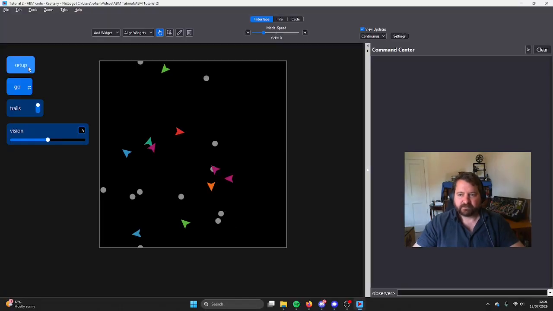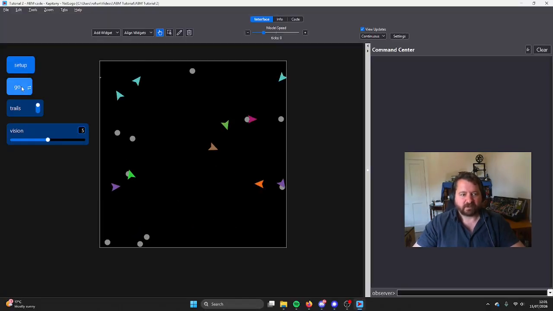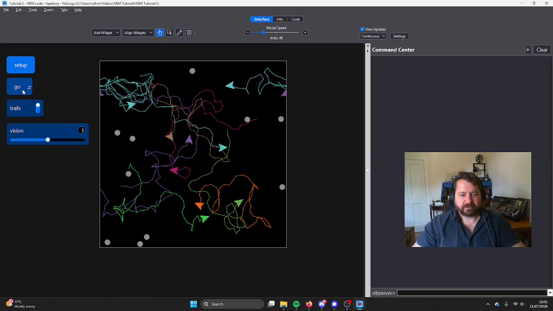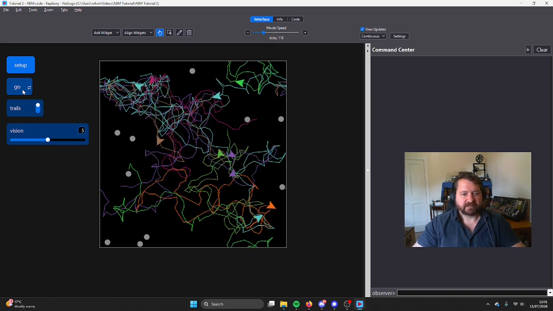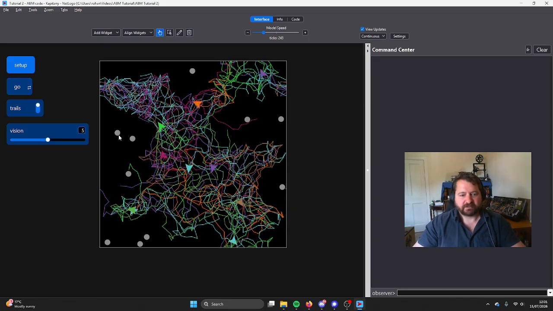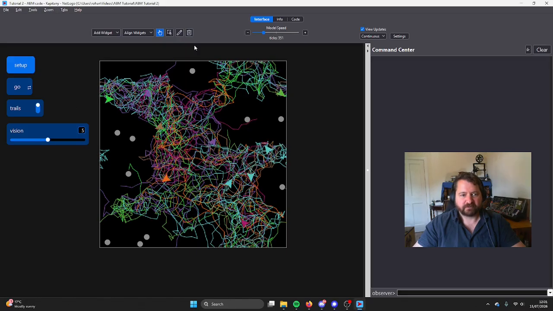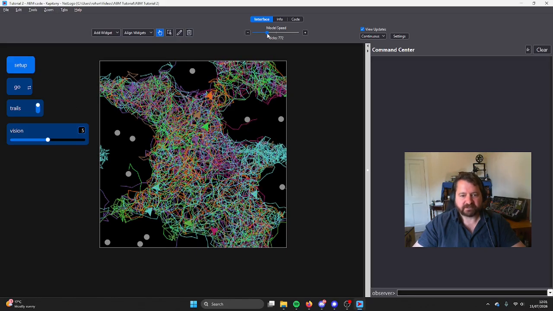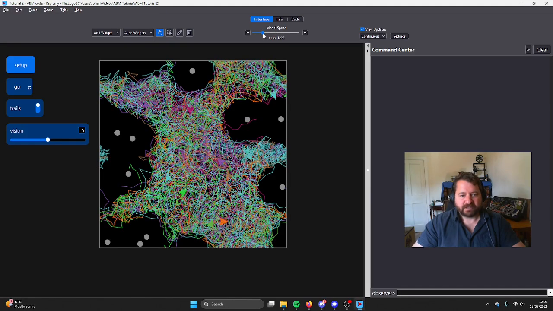In the previous 2 tutorials, we've built this quite simple little model, which you can get the code for by going back to the comments below in either one of the 2 tutorials. But we've built a model where we have our agents engaging with the world, doing a semi-random walk. We have these obstacles that we've called rocks. So we have peeps, we have these agents called peeps, and we have rocks, these obstacles, and they can walk around the world detecting, perceiving those rocks, and then